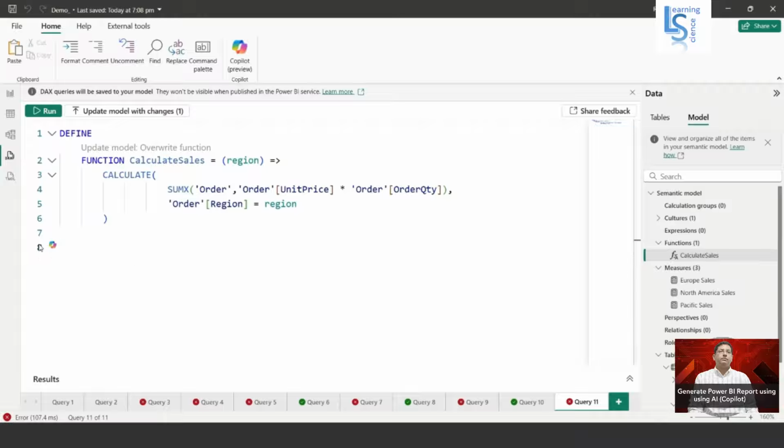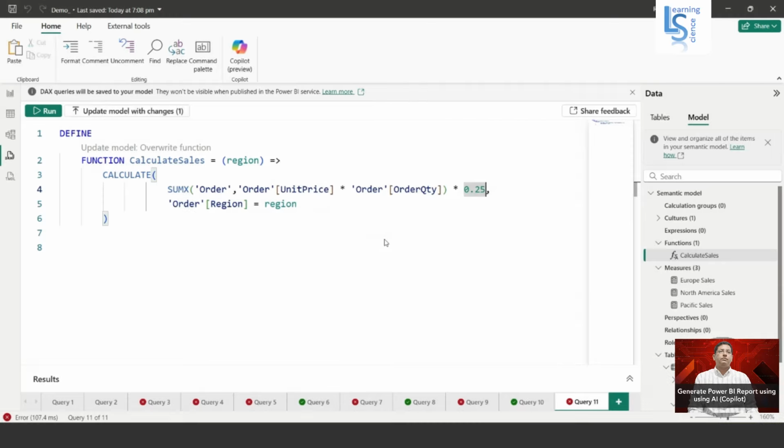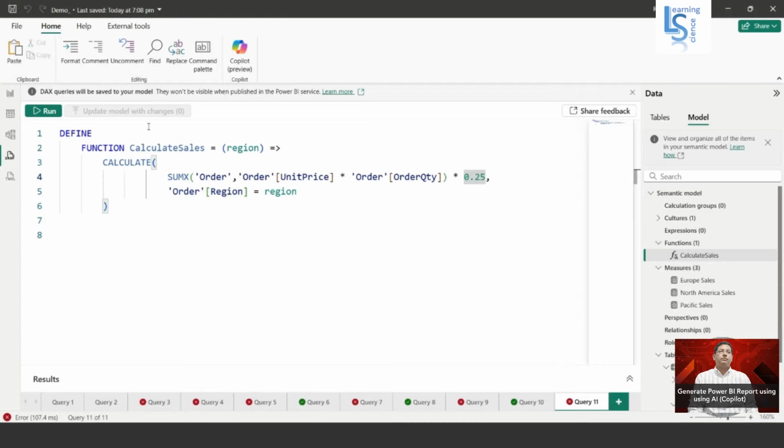And for example, we'll try to increase the sales. Just we'll say multiply by 0.25. Okay. And I want to update the existing UDF function. So now here you can see update model, override function. Once I click, it will ask whether I want to update the model. So I say yes. And now let me remove this one and